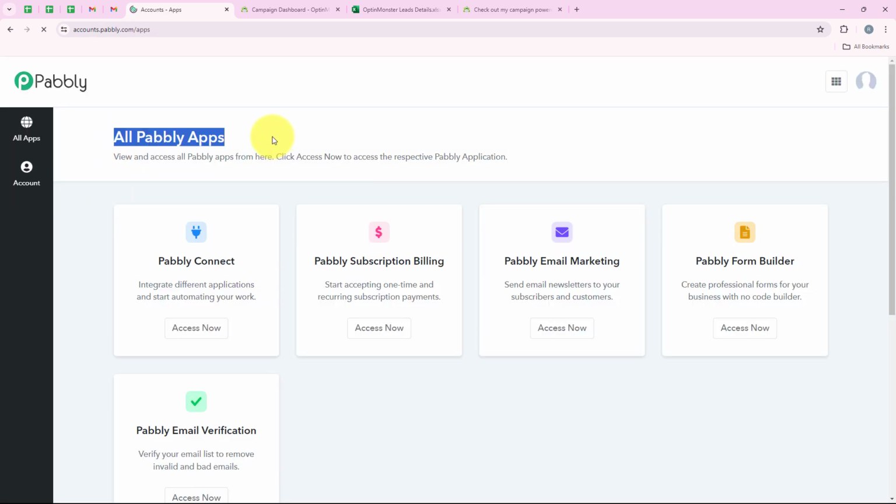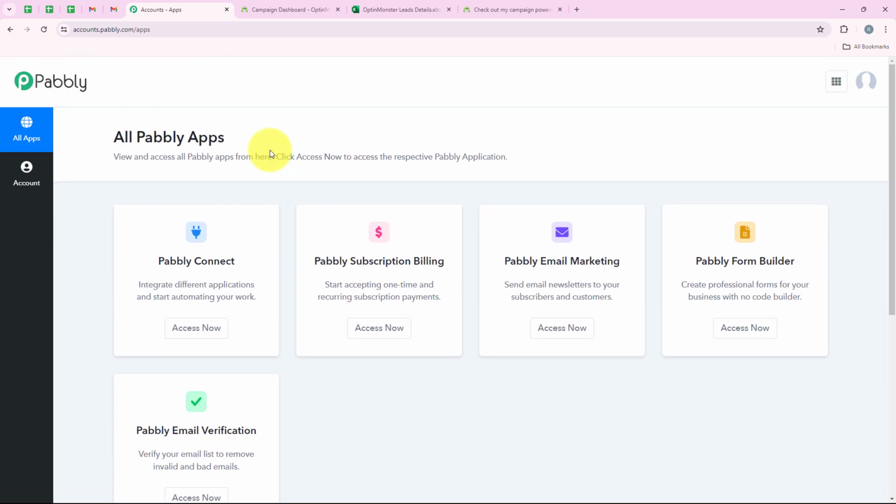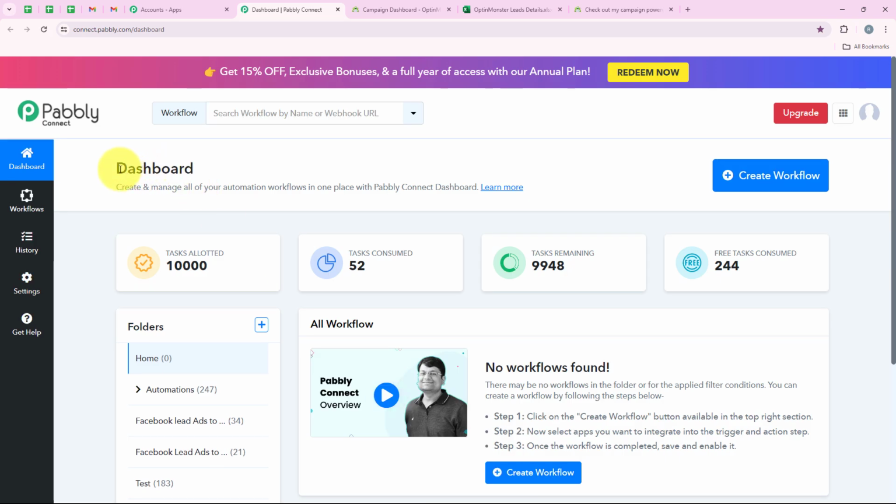And now it is opening all Pabbly apps. Over here you can see all the tools and applications offered by Pabbly. But in today's video we are going to use Pabbly Connect because we are connecting different applications. So I'm going to click on access now right over here. And now it is opening my dashboard, and to start with the automation, I'm going to click on this button